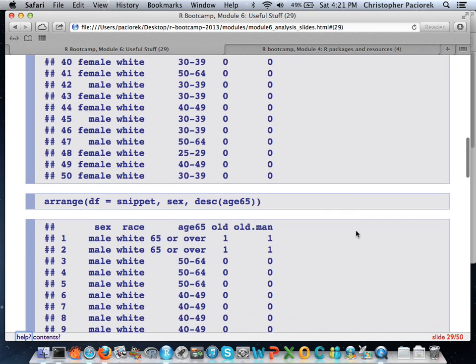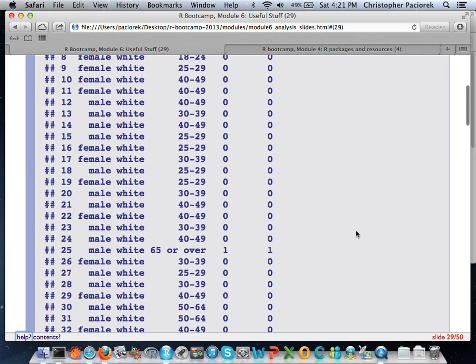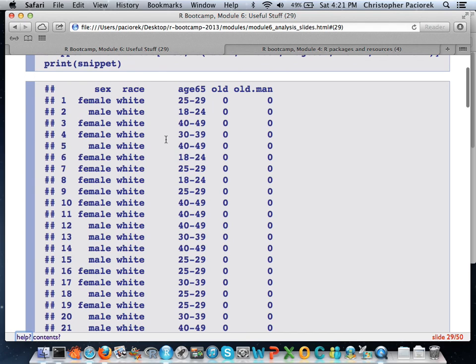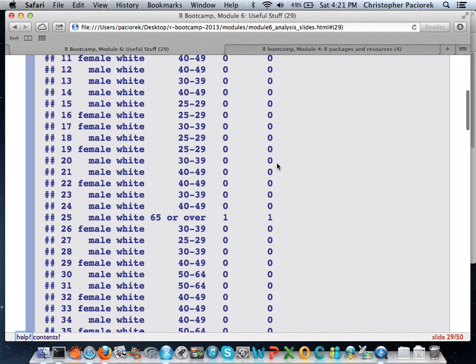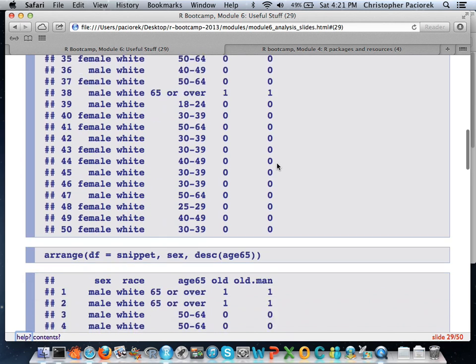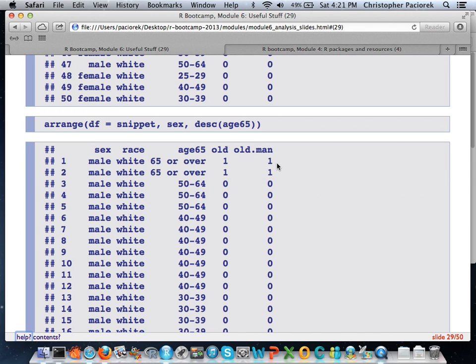If you compare this data set up here, it's clearly not ordered in terms of gender, just because we only took a small snippet, it's obviously still white, but it's not ordered in terms of age or in terms of the indicator variables that we defined. However, after we apply this arrange function right here, you can see we've got all males first, and then we've got the old folks here. Basically, the higher coerced ages are coming higher in our data than the lower coerced ages. So this is the arrange function. Very, very helpful for ordering data frames.